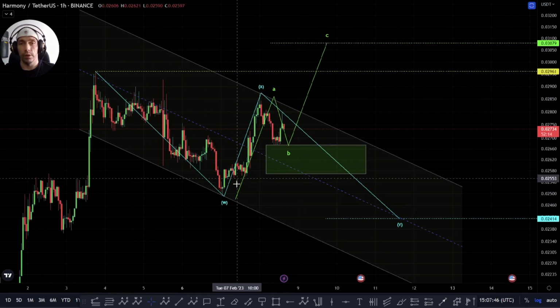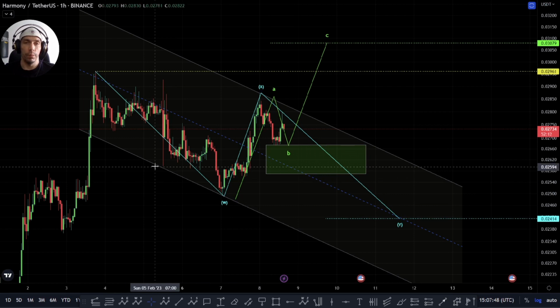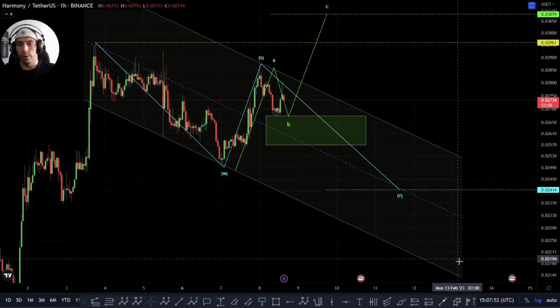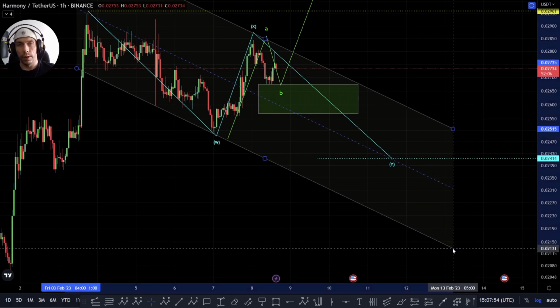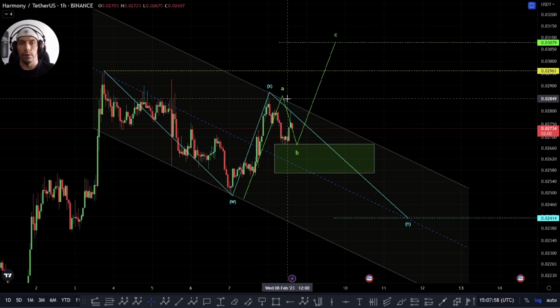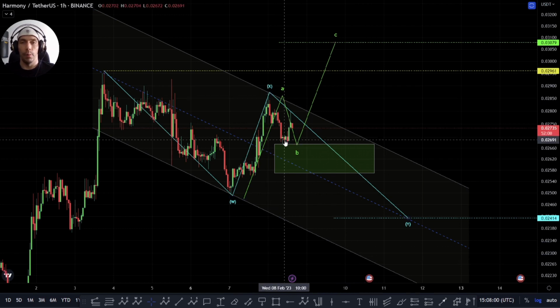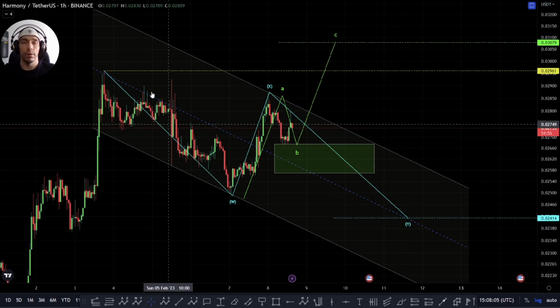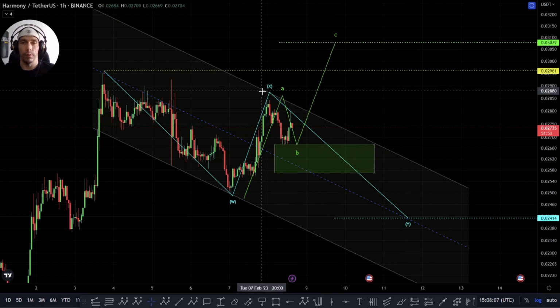We've only got one touch point at the top at the moment, but basically this is just working off of using these two bottom touch points here and then pulling it off of that top one. And effectively what we could see is a move back down to this bottom trend line here, where we look to complete this as either a W, X, and a Y, or alternatively an A, B, and a C, and we get a 5-wave move. If we do get a 5-wave move,